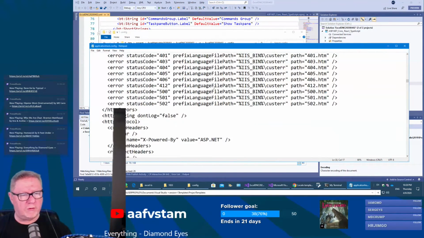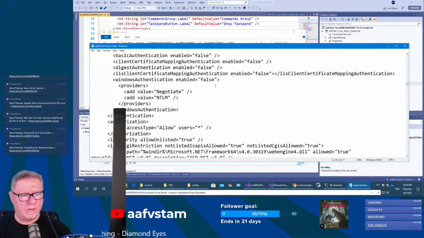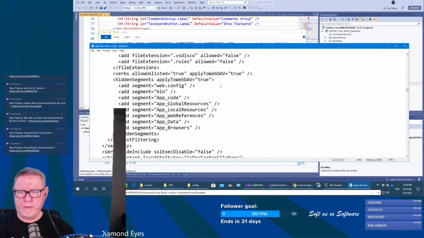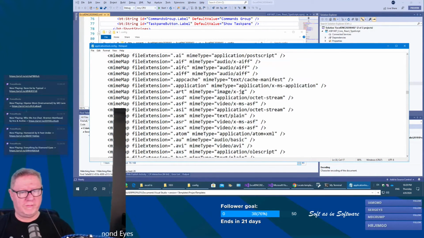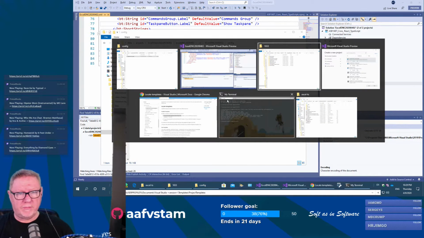Looks like these are all browser settings or something. Not sure what the use is of this. Let's get back to the templates folder,